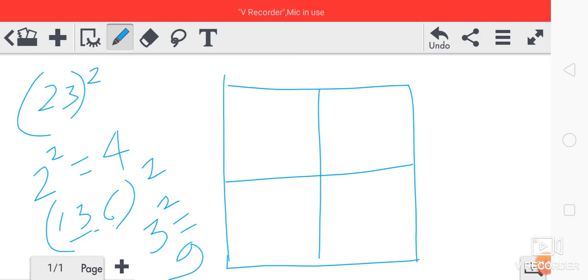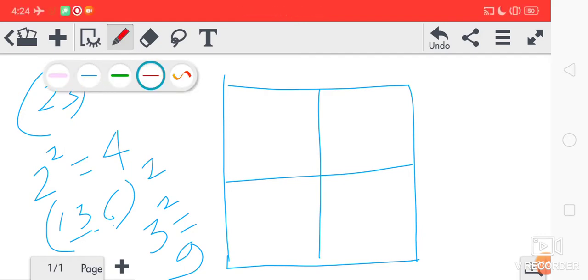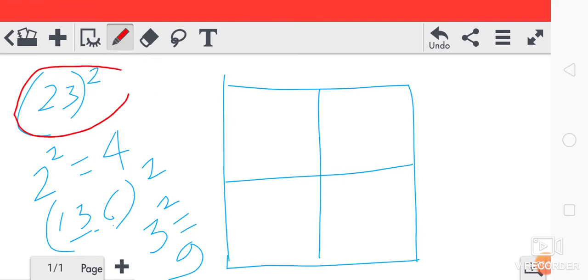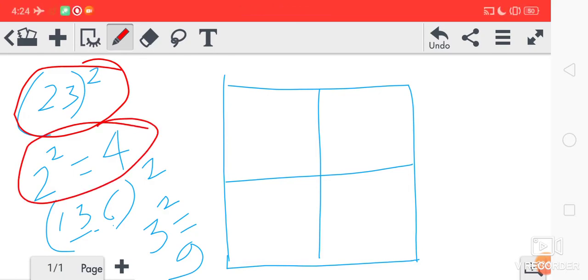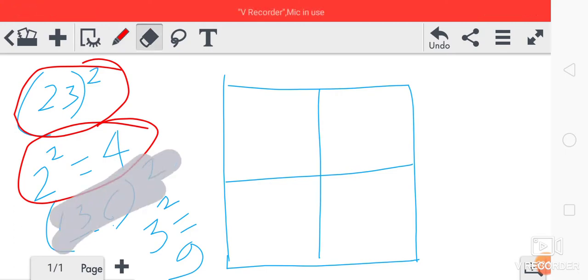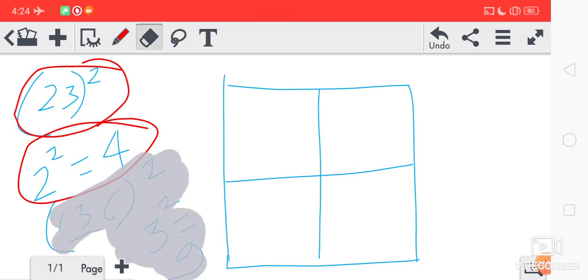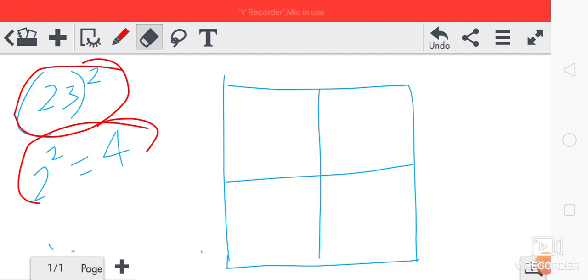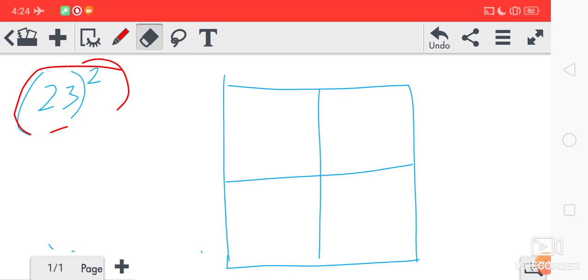So this is 23 squared, a 2-digit number. 2 squared is equal to 4, so we are making 4 boxes here. Got it? Now what will we write? 23, the number whose square we have to find.